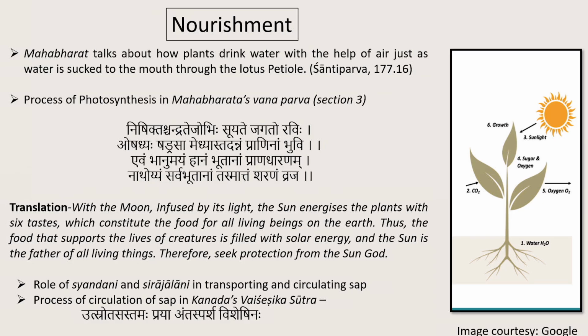Nourishment. Mahabharata talks about how plants drink water with the help of air, just as water is sucked to the mouth through the lotus petiole. The process of photosynthesis in Mahabharata Van Parva is here. Nishchik Chandra